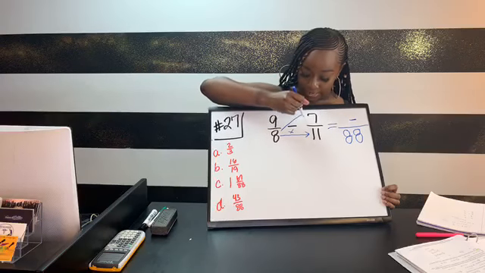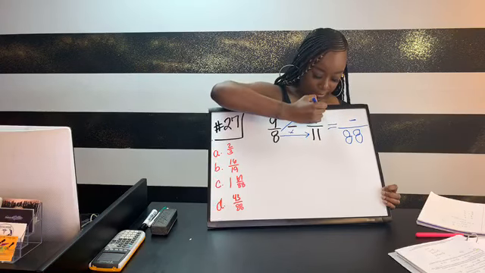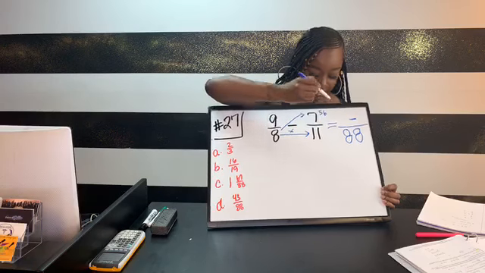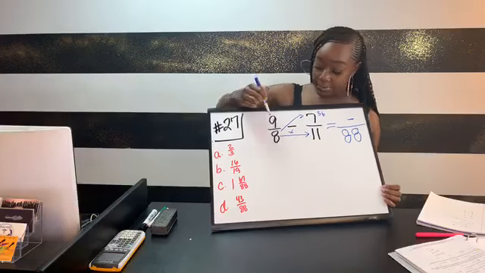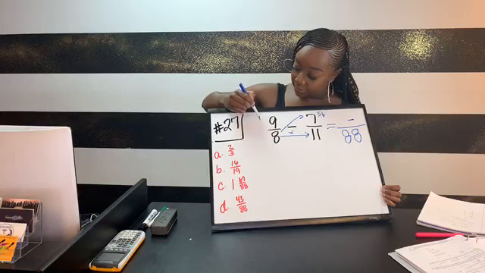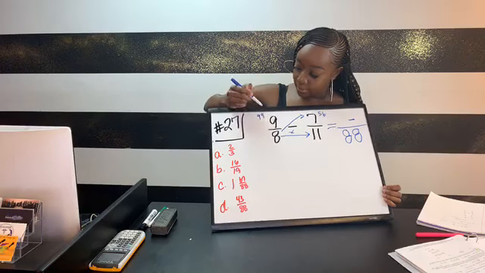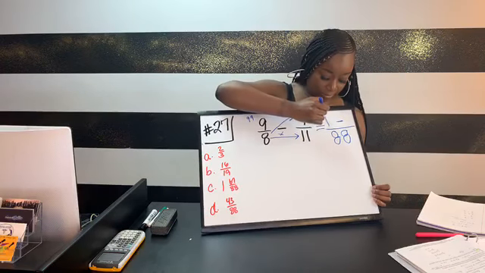So we're going to do 8 and 7, which gives us 56. And we're going to do 9 and 11, which gives us 99. And we always subtract with our larger number first. So we're going to do 99